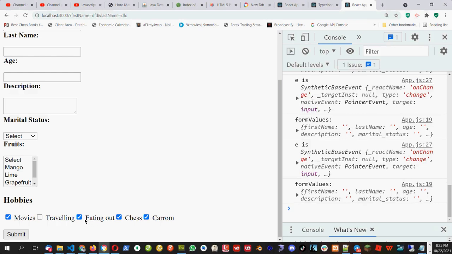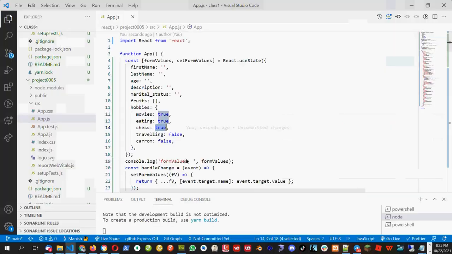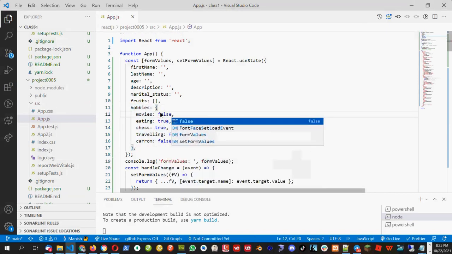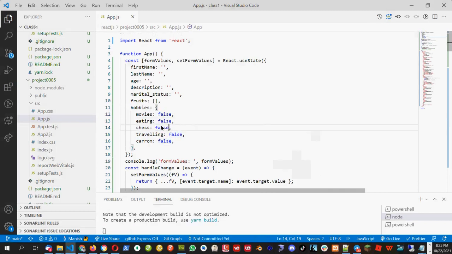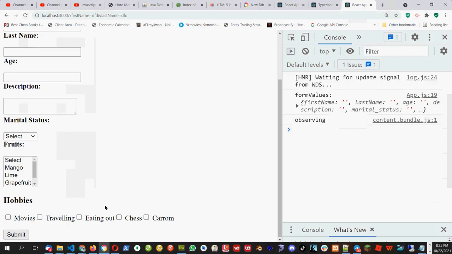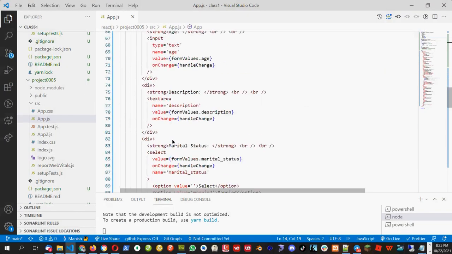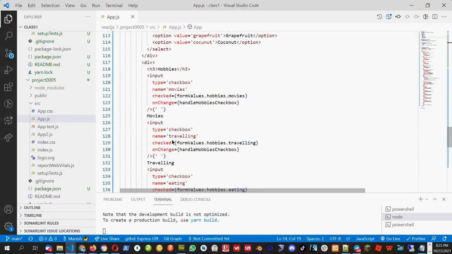Okay, so this is how we do the checkbox. So you need to add this part here. Maybe make everything false initially. And then we have to create this input box. So just create an input box for all the